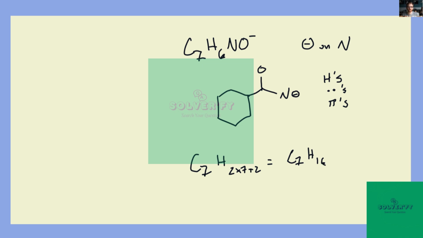We have 10 less hydrogens than we would expect based on that formula, which means that we should expect to have 5 rings and double bonds. Right? Each time you add a ring or a double bond to a structure, you lose 2 hydrogens. And so if we have 10 less hydrogens than you would expect based on the 2n plus 2 formula, then we know we have 5